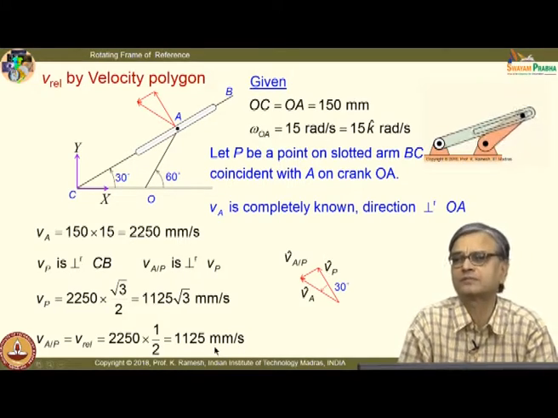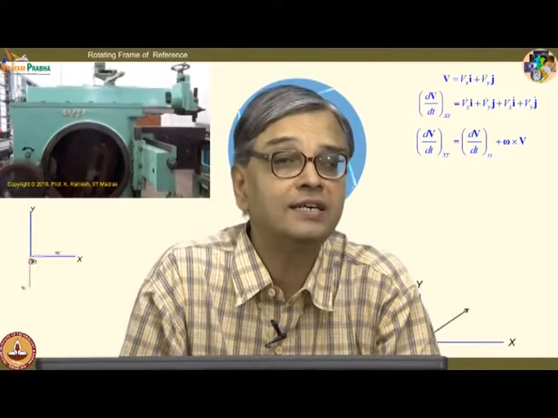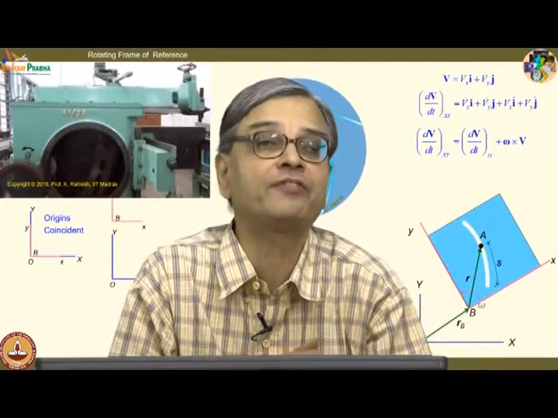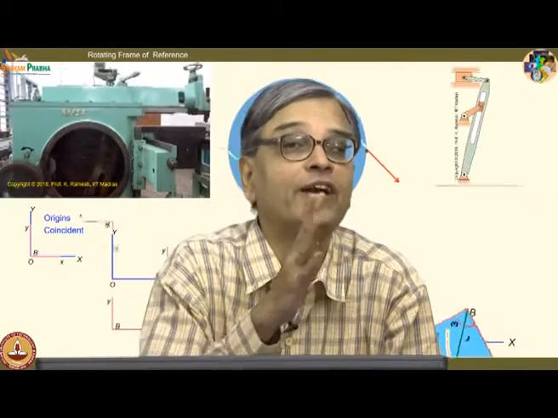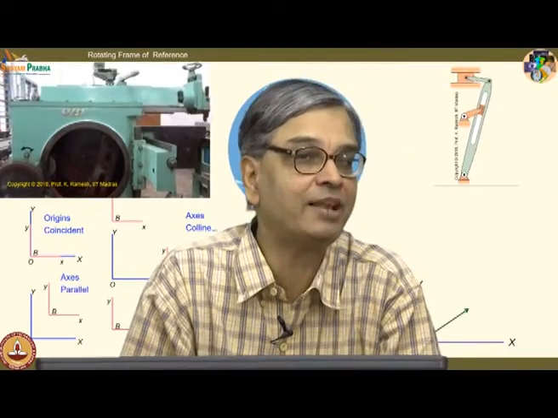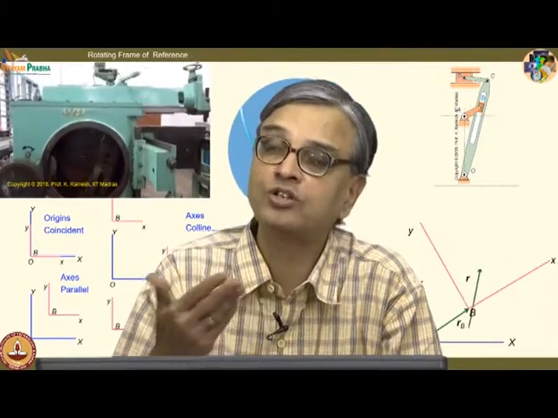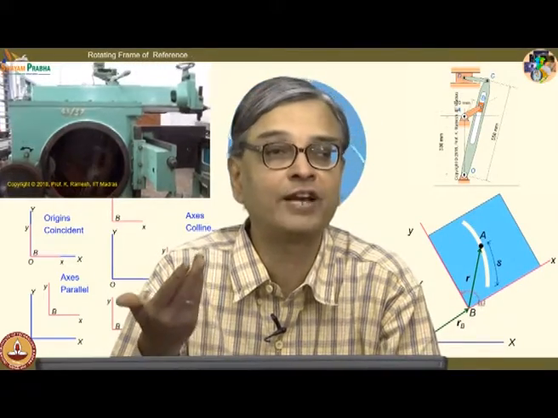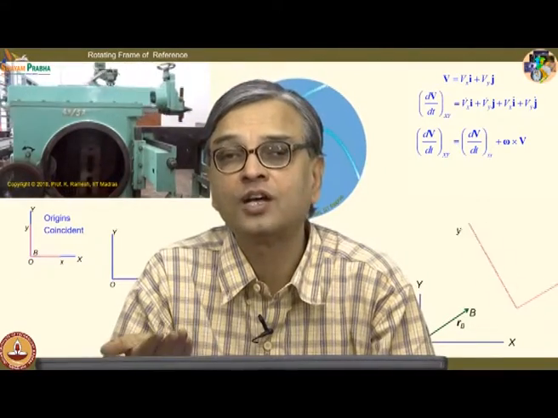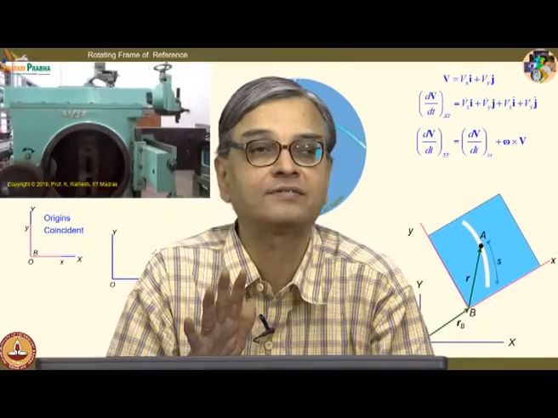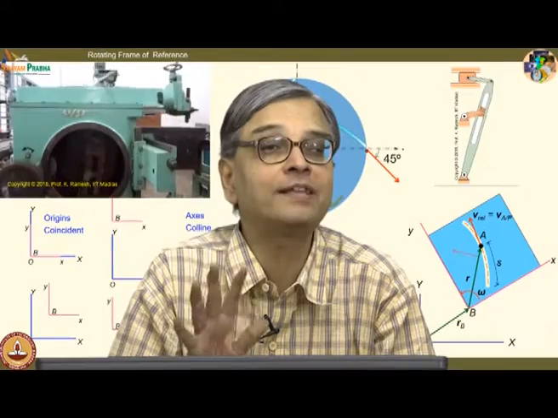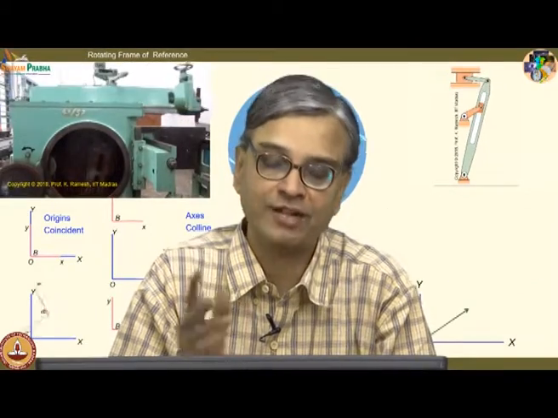This is straightforward. Okay, I am also going to solve this from rotating frame of reference. The idea is, when you are discussing rotating frame of reference, do not close your eyes that you will not find out velocity by any other method, because such mental blocks students develop. I can also use instantaneous center of rotation and find out the velocity. I can also use velocity polygon. I can also use rotating frame of reference to find out the quantities. You must be adept in switching back and forth in any of these methods.